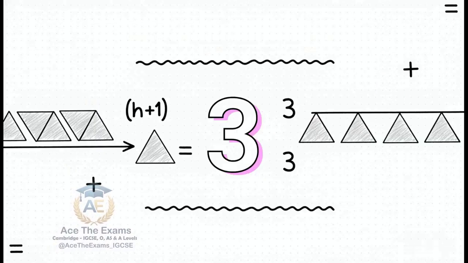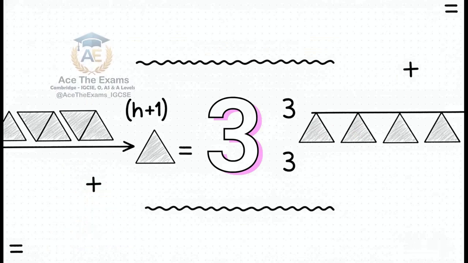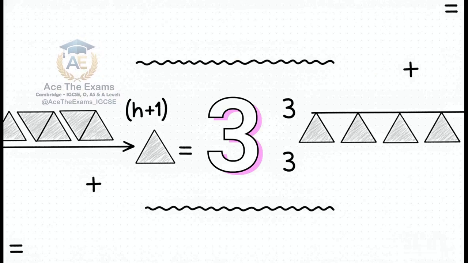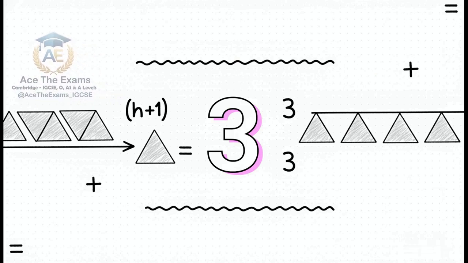Now for challenge 3, speed writing. You have 30 seconds to write one perfect PEEL paragraph explaining the formula. The correct formula is t equals 3 times the quantity of h plus 1. Why h plus 1? Because even with 0 horizontal lines drawn inside, you still have that original 1 base layer